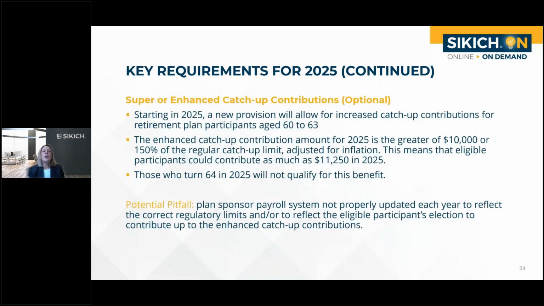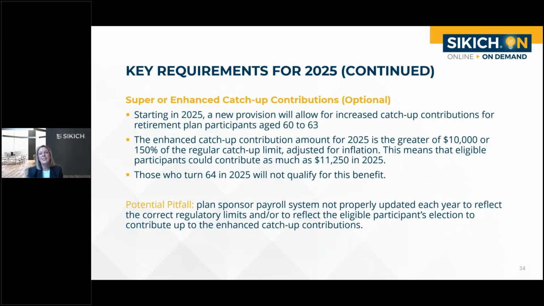So next slide is talking about the super or enhanced catch-up contributions that also fall under the Secure 2.0 Act. Now, this is actually an optional provision, but I did want to call it out because starting in 2025, there is a new provision that will allow individuals aged 60 to 63 to actually increase their catch-up contributions within their retirement plan. The enhanced catch-up contribution amount for 2025 is the greater of $10,000 or 150% of the regular catch-up limit for the year. This essentially means that for 2025, eligible participants can actually increase their catch-up contribution to a